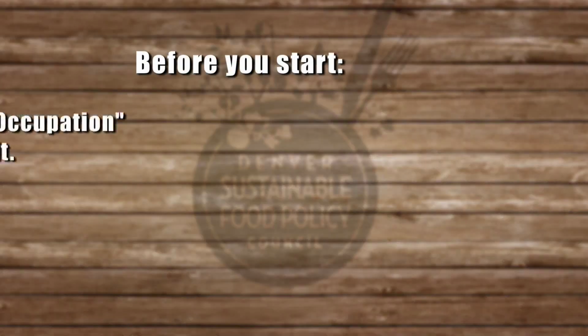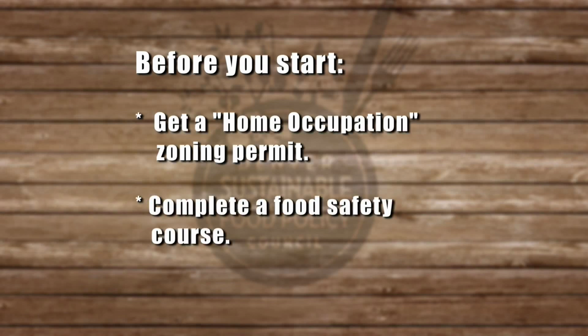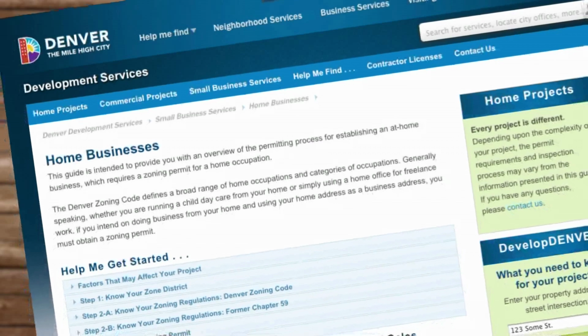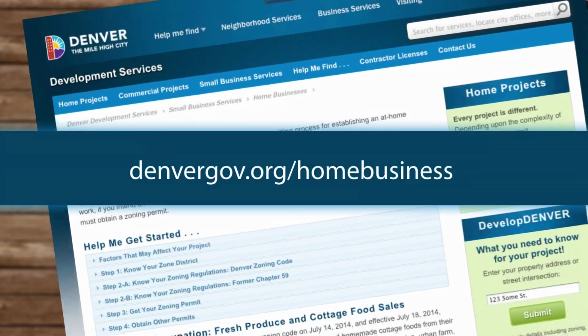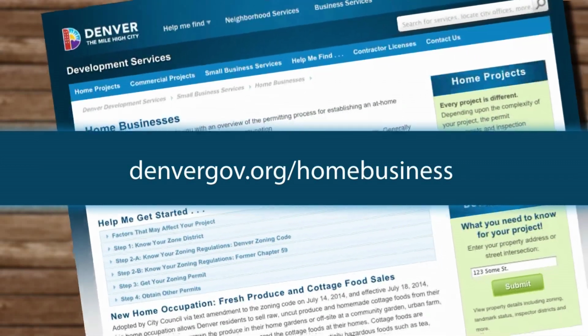Before you start, be sure to get a home occupation zoning permit, and if you plan to sell cottage foods, complete a food safety course. A one-time permit for this home occupation costs $20 and is available at the Wellington Webb Municipal Office Building at 201 West Colfax in Denver. To learn more about getting a home occupation permit, get connected with CSU classes, view a list of permissible cottage foods, and read tips for improving your own home garden. Visit